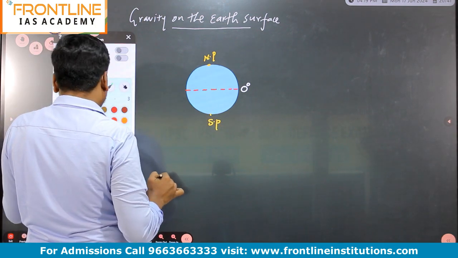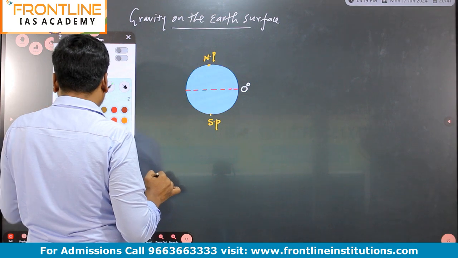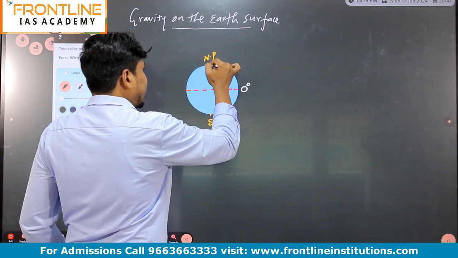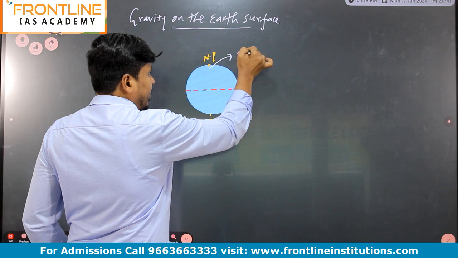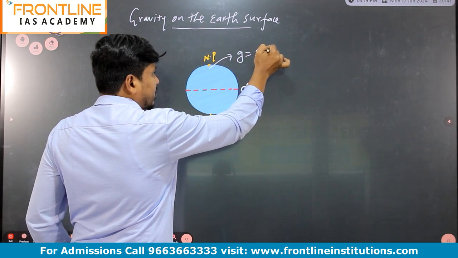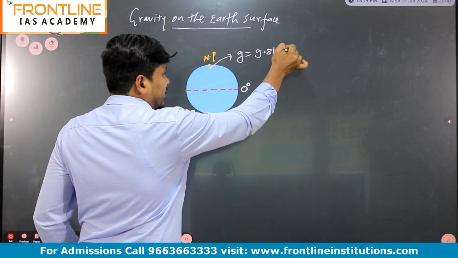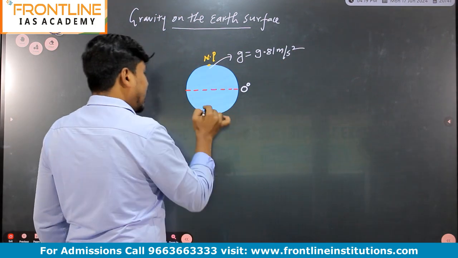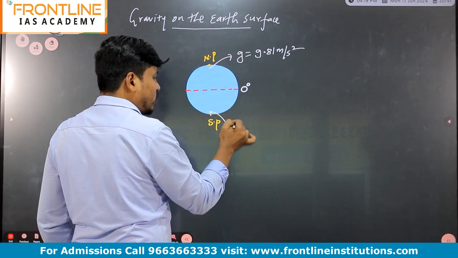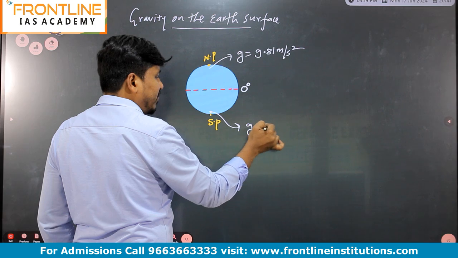The value of gravity will be more at the poles. At the poles the G value will be 9.81 meter per second square, and at the south pole also the gravity value is